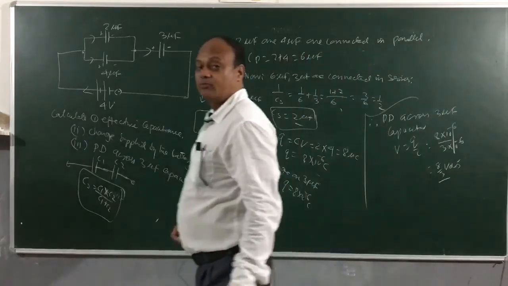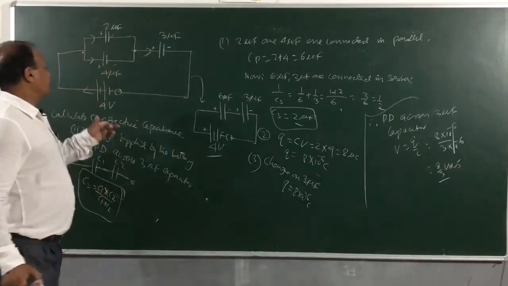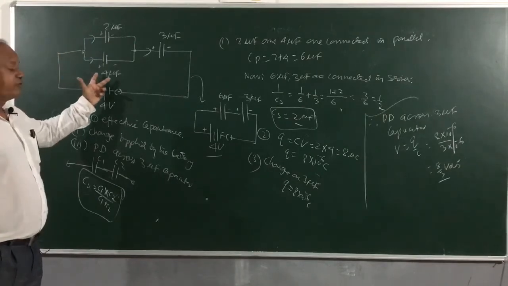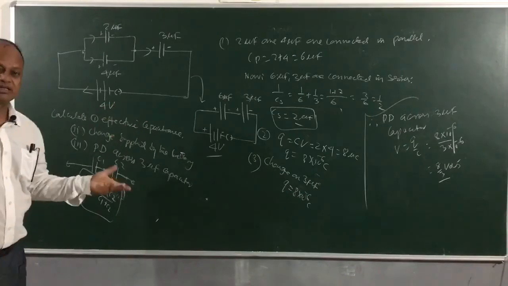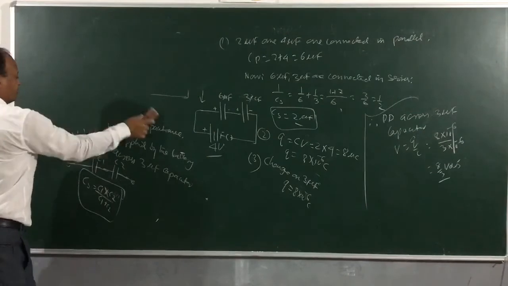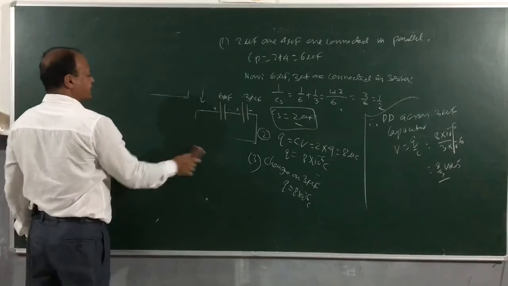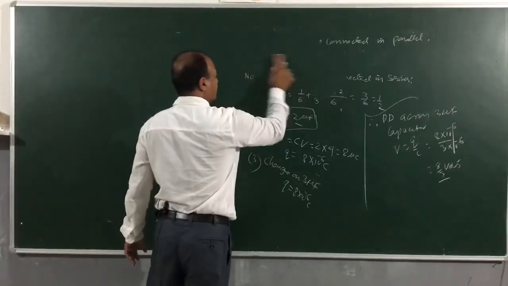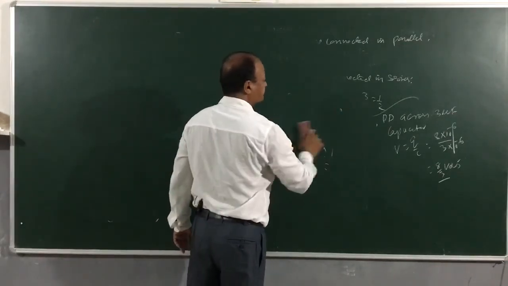And then they can make this problem a little bit more interesting. They can ask you how much is the potential difference across the 2 microfarad or 4 microfarad. So what will you do? From 4 volts, 8 by 3 will be subtracted. So if the situation is given, then we can easily handle it. There is no problem. Now children, we will be discussing energy of a capacitor, which is an interesting topic. We get sums also based on this in the exam.